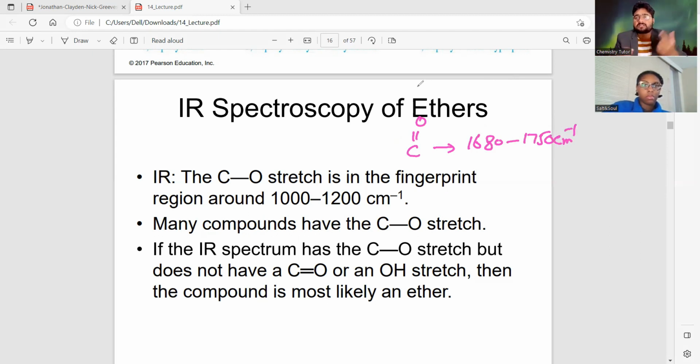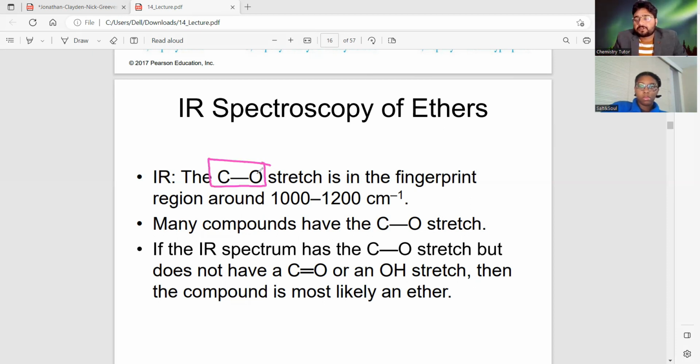Similarly, ethers also appear in the IR spectrum, and the IR spectrum is divided into two regions. One region is the fingerprint region, and the other is the functional group region. All the important functional groups lie in the functional group region. The ethers contain a carbon-oxygen linkage, so the stretching frequency of the carbon-oxygen stretch appears in the fingerprint region, at 1000 to 1200 centimeter